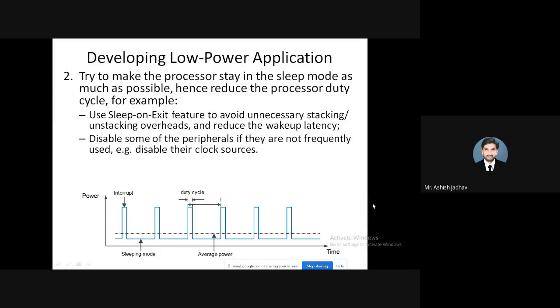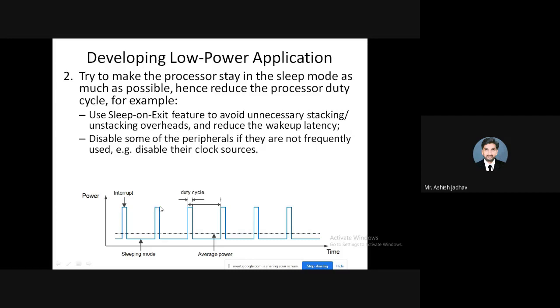So here in this duty cycle and this pulsating diagram, you can observe this is the usual condition, this is the processor state. Usually the processor is in a sleep mode. Once the interrupt occurs, the processor will wake up, it will consume power, it will perform the task mentioned in that interrupt service subroutine, and it will again go back to the sleep mode.